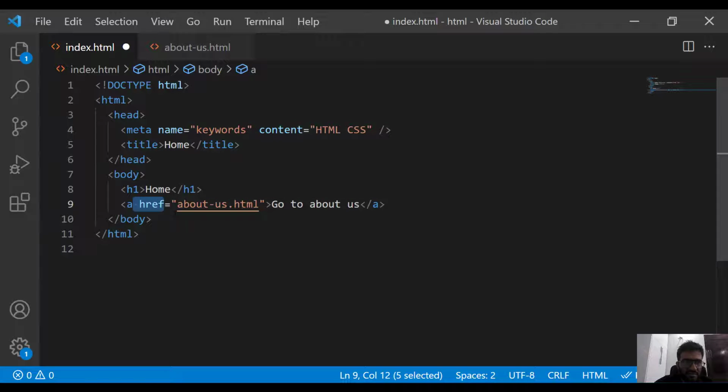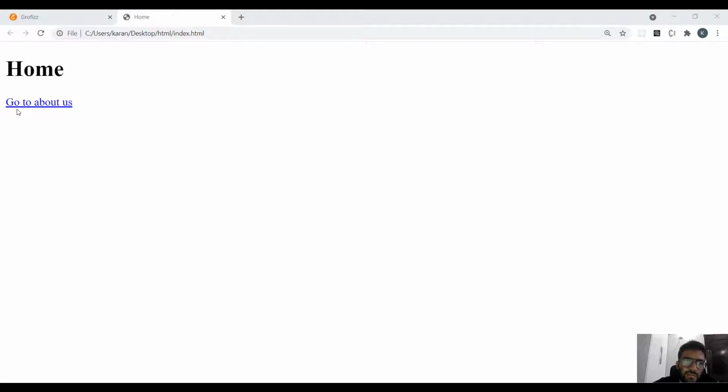Okay, so let's save this file and view this file in the browser. So basically when I click on this text it should take me to aboutus.html. So now let's go to our browser and view this thing. So you can see that the browser has by default colored this text to blue, and also the browser has underlined this text. We haven't given any CSS to this A element, right? But these are the default settings of the browser, that whenever the browser sees an anchor element it automatically gives blue color to its content, and it also automatically underlines the text. We can remove these styles, but we'll see how to do this later in this video.